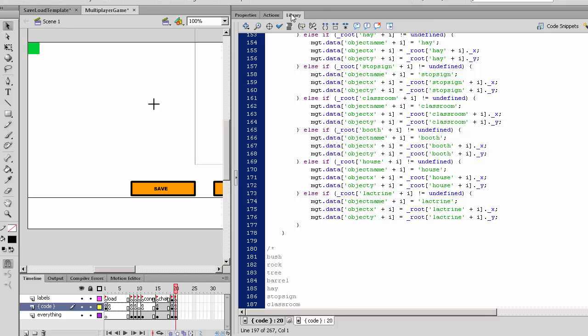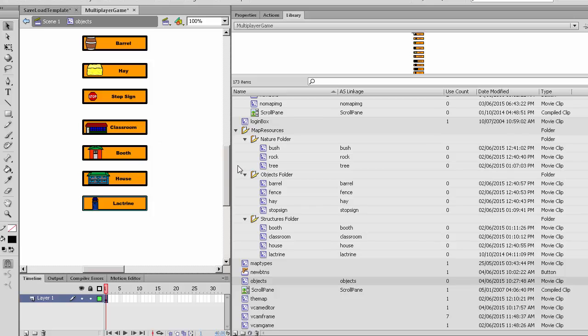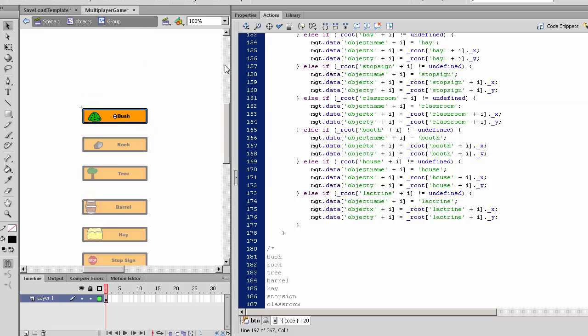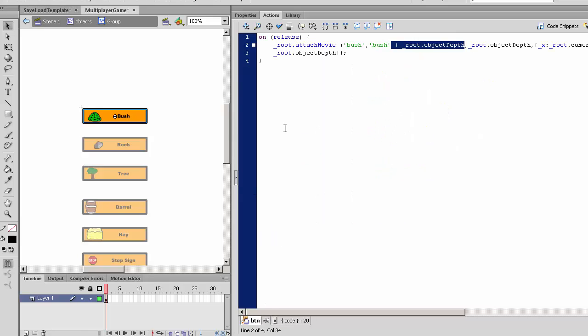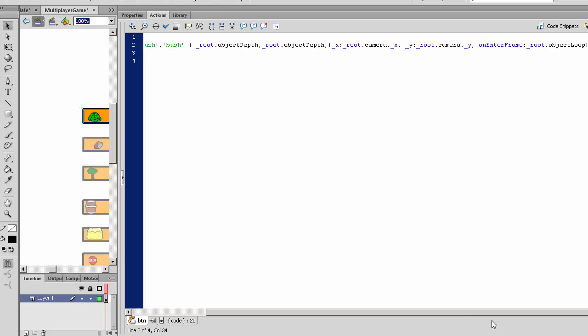So go back into objects, this movie clip, and in each of these objects, when you attach the movie, after we attach it, and when we set the x and y, right before the onEnterFrame,